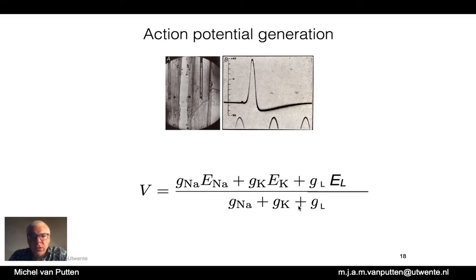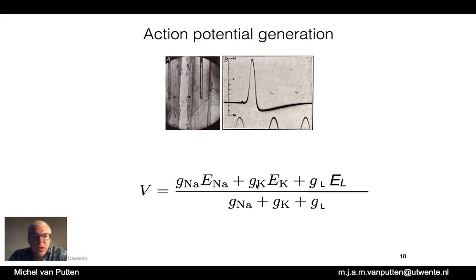Now, the interesting part of biological cells that also gives rise to interesting dynamics is that the conductances are not constant. So the sodium and potassium conductances in particular are a function of the voltage. And that was quite a discovery made around 1945, 1950, 1960 of the last century by Hodgkin and Huxley, and they eventually were able to make a very explicit expression for